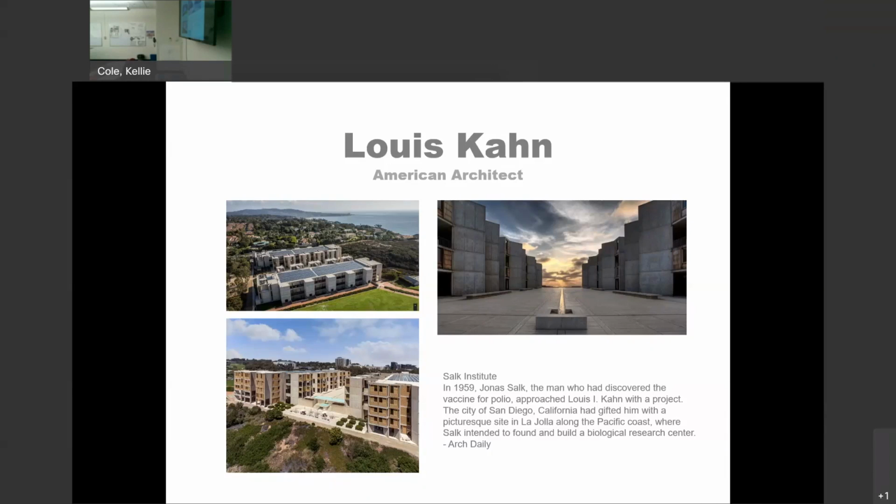So Salk Institute, Jonas Salk, 1960s, yes, '59. He came up with the polio vaccine. And in San Diego, California, he wanted to build a research center and invited Louis Kahn to come over and design that for him. What we're going to see in the research center is another kind of theory of Louis Kahn